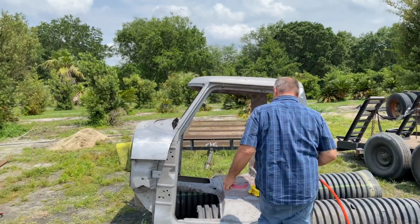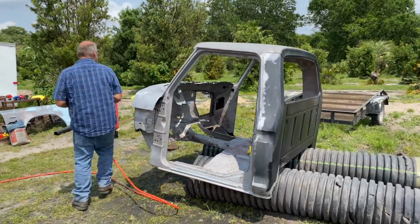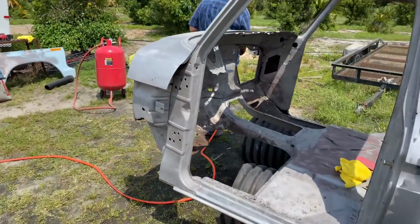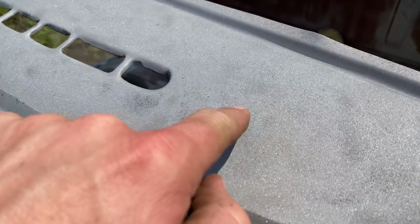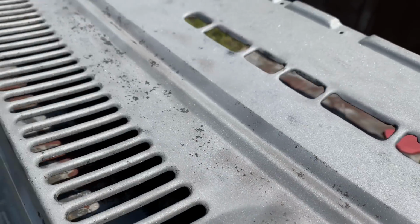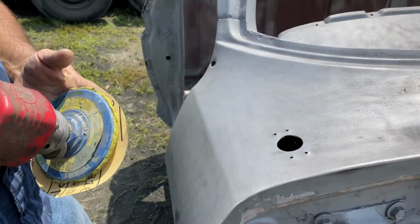Yeah, buddy. Did I screw up? So apparently the sand is all embedded in here, right? Yeah. Now Darren's got to go and fix my...